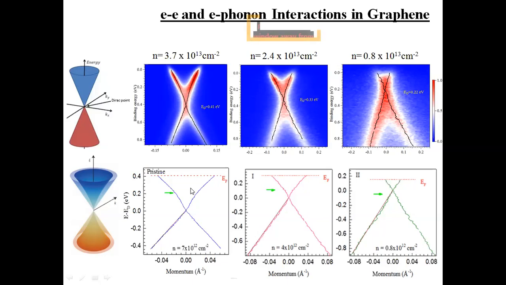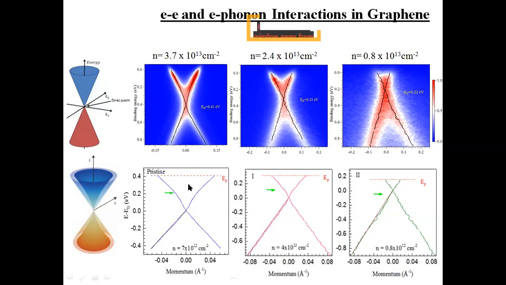As I said, the phonon kink comes near the Fermi surface, or the Fermi energy, sorry. So this deviation occurs around 195 meV below the Fermi level, and the Debye energy of this sample is around 200 meV. So it's quite matching. And this particular deviation can be seen in all the three plots. So that is the effect of electron-phonon interaction on the band structure.